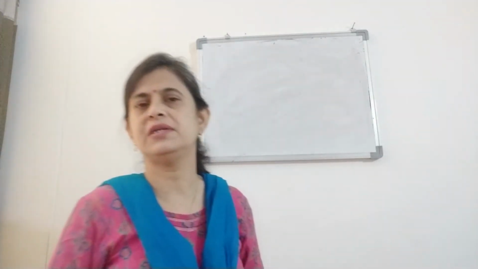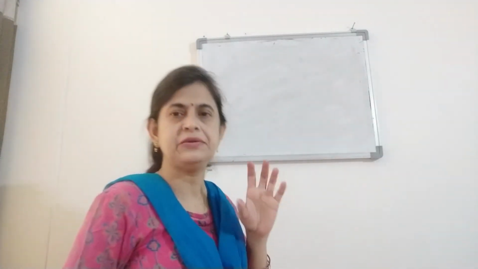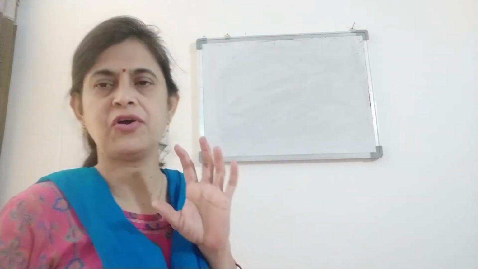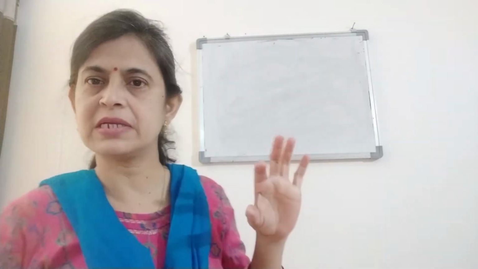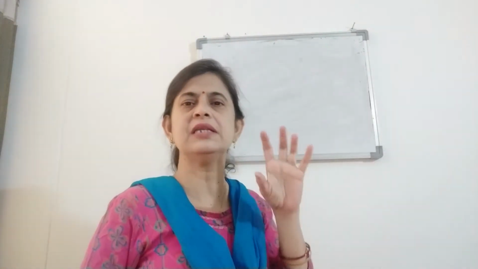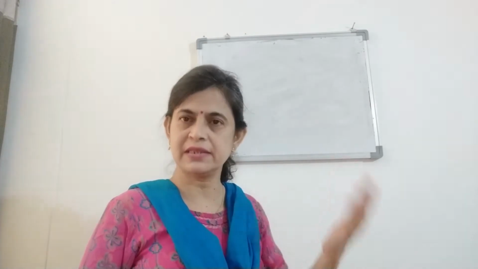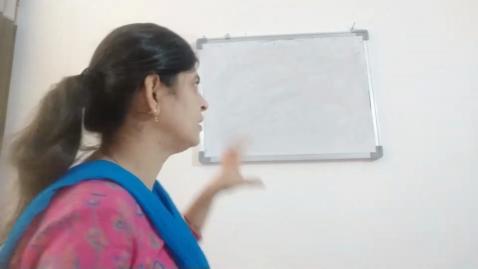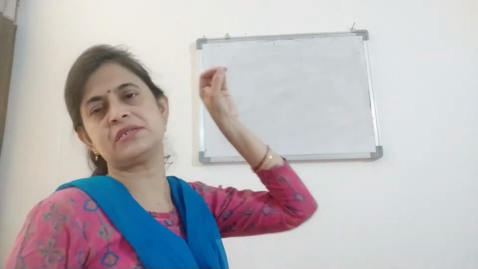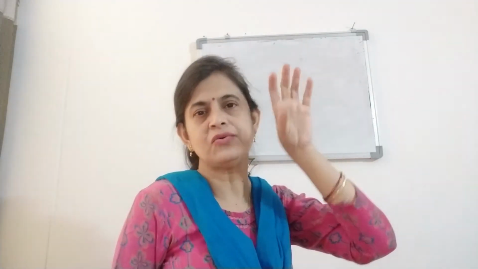Today we will discuss the different positions of the image formed by a convex and concave lens. Then we will study the nature of the image formed by that type of lens. In the previous class we already discussed the rules